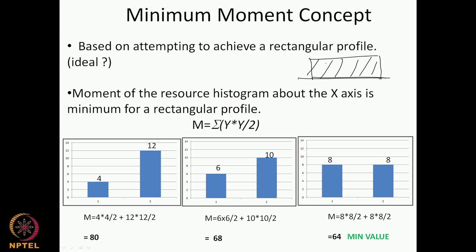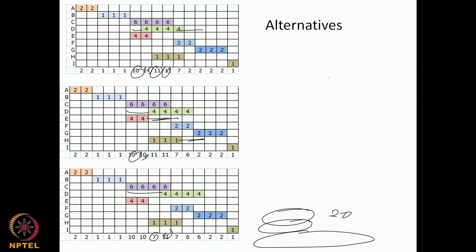One way of expressing this: while I can visually look at different profiles and say, oh, this is the best profile for me, to use a mathematical approach to zero in on the best profile, we use the minimum moment. So we say the moment of this shape about this axis is minimum only when the profile of the resources is rectangular. To put it another way, if I had a profile,